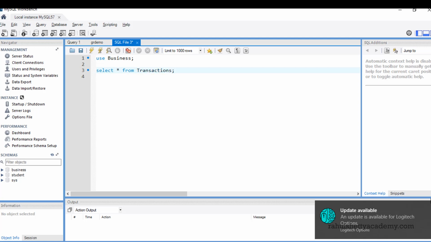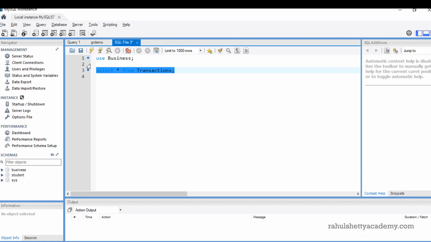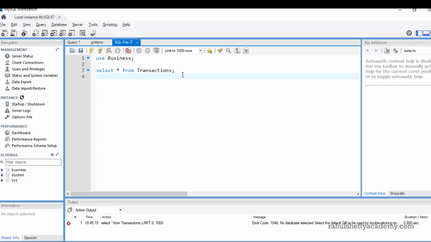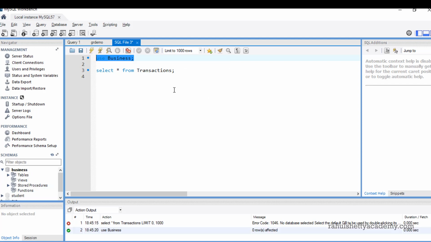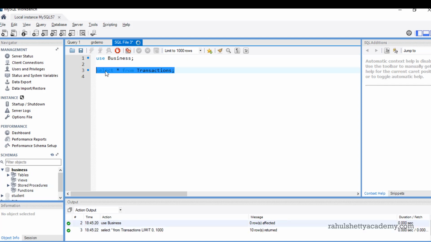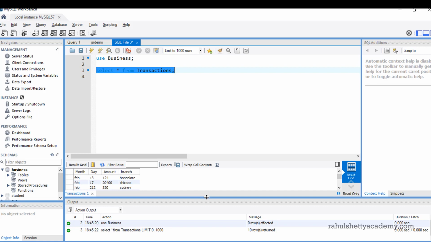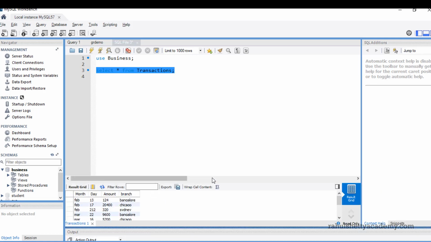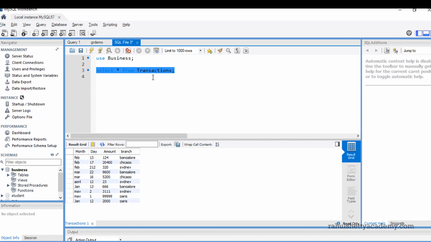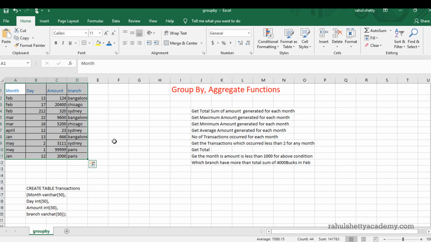Run this. Oh, no database selected. So first you have to run this and then run this step. Okay, so this is the table which I'm talking about. This is how you have a table with all the details in the transactions table. I have pasted it here.